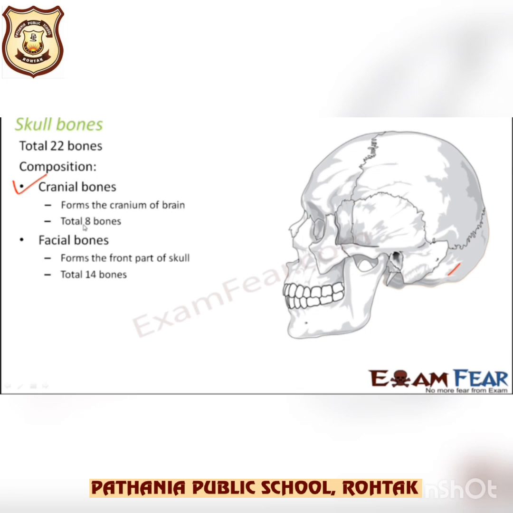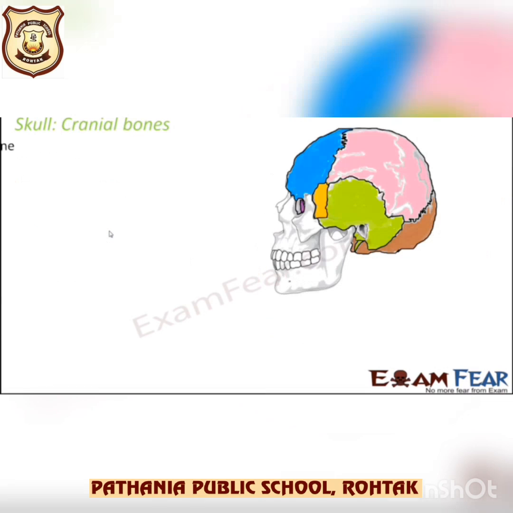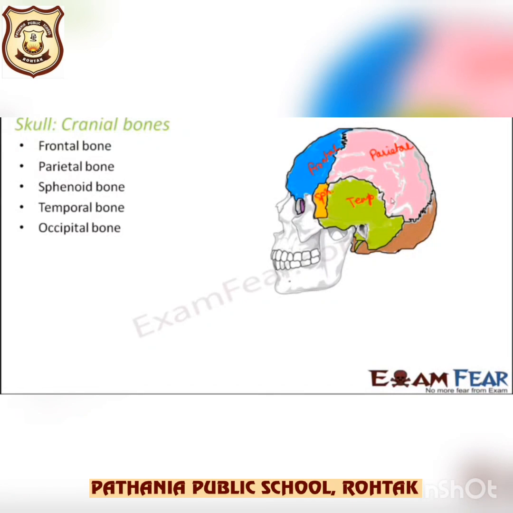Our face has sense organs such as eyes, ears and nose, right? The skull also protects the main sense organs like eyes, ears and nose. The eyes are contained in two large cavities, so they are called eye sockets, in front of the skull, right? We do not need to learn about the types of cranial bones now. You will learn about this in your higher classes.